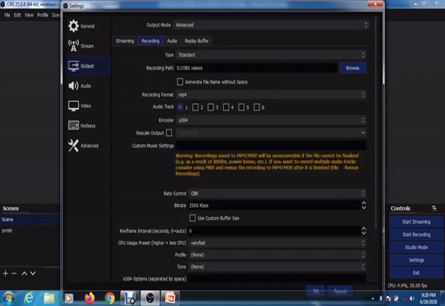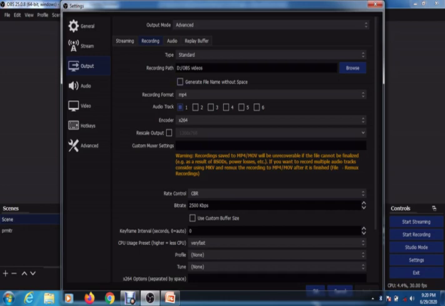If you click on the recording, now in this recording a recording path is provided. I have given a default path in the D drive, and I have given a folder name as OBS Studio. So whenever I record my video, it will automatically be saved in that folder located on the D drive. You can give it a name also. You can give a recording path on your own, or you can use the default path provided by OBS Studio. You can use it or you can change it.